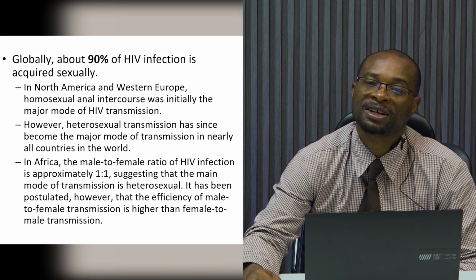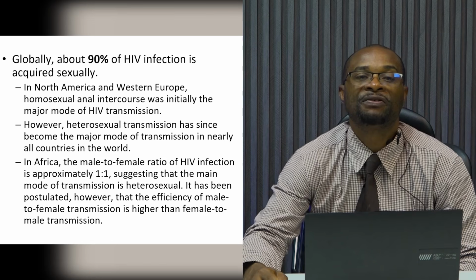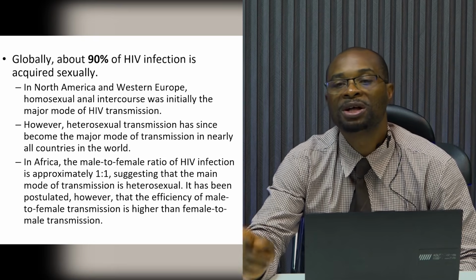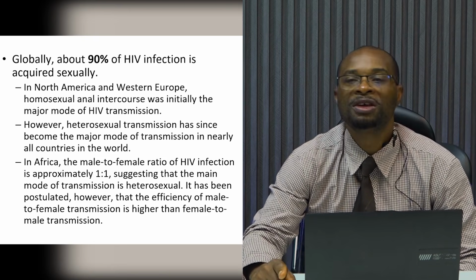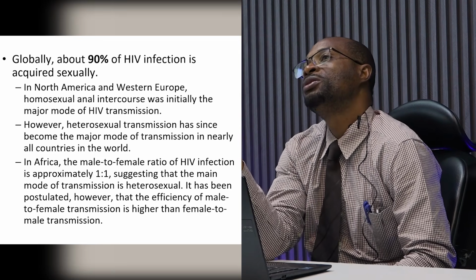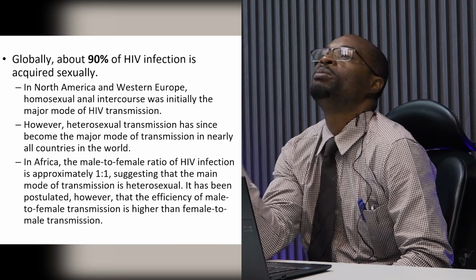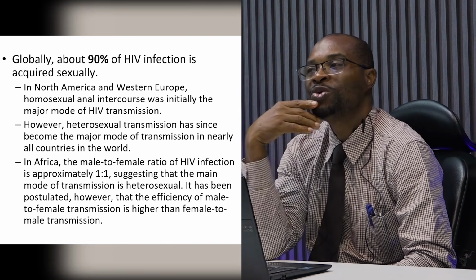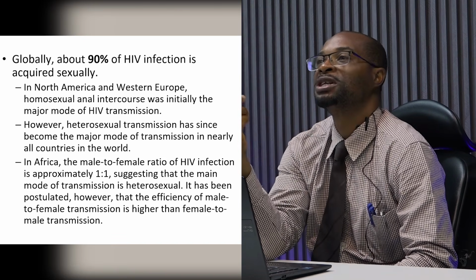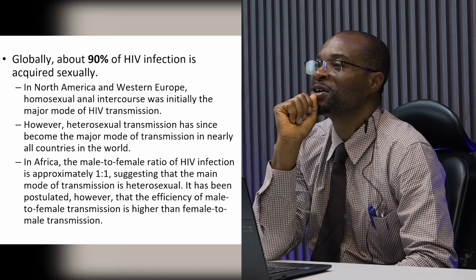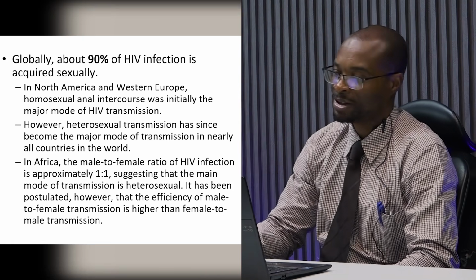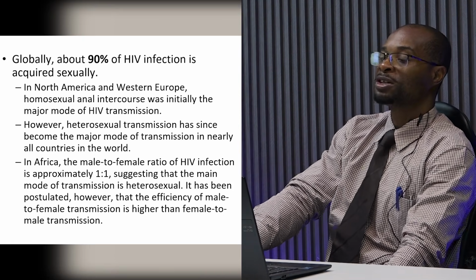So I take it again. It has been said that the efficiency of male to female transmission is higher than female to male. So I leave us to think, what is happening? Why is it that people are saying male to female transmission is higher than female to male, the other way around? What do we think is responsible for it? I'm sure that some people will say that males are more promiscuous than females. I know that is what you are thinking in your mind. That made some people to think that this is what is happening in Africa. Anyway, somebody will have to do a project to prove it.